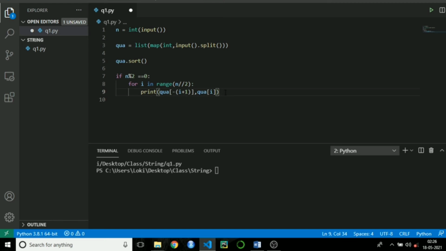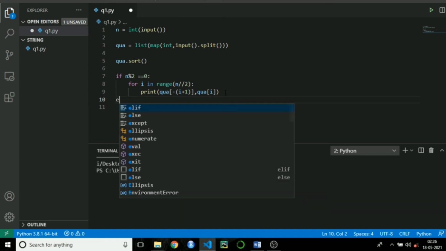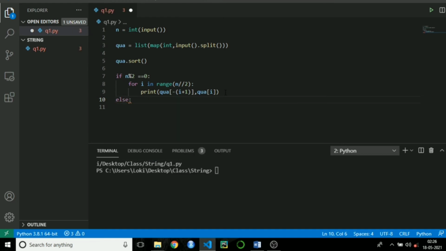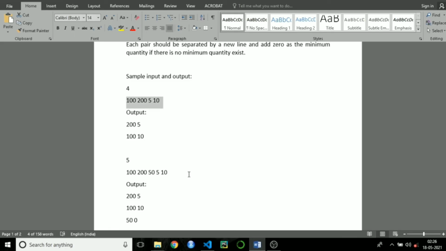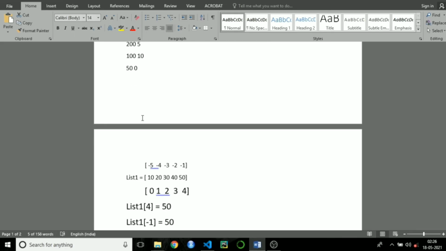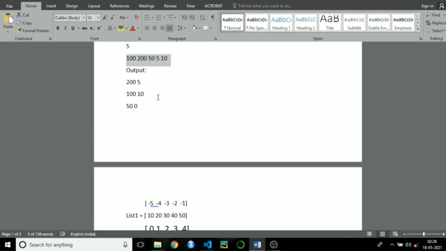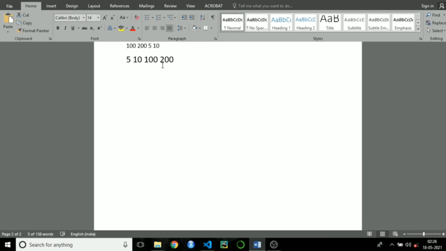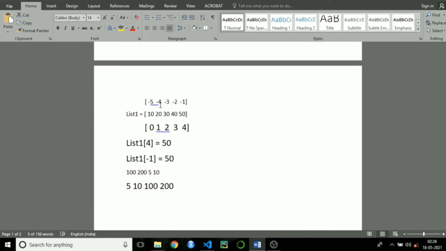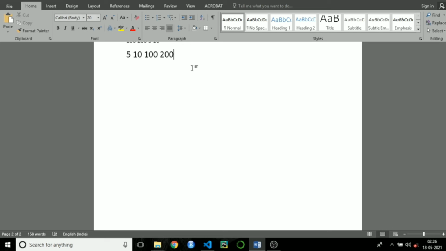We have one more case here, that is if n is odd. If n is odd, I need to do a separate operation. If n is odd, then the range will change from n divided by 2 to n divided by 2 plus 1. Here the length of the list is odd, that is 5, so I need to do iteration 3 times.